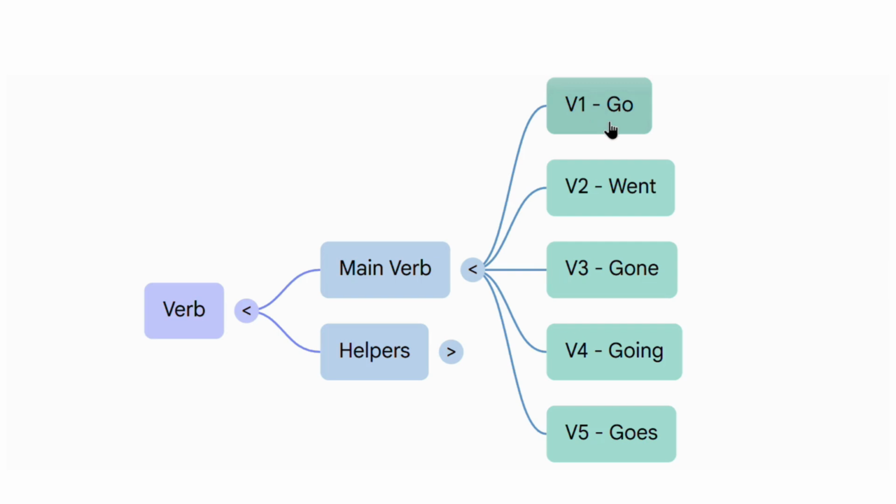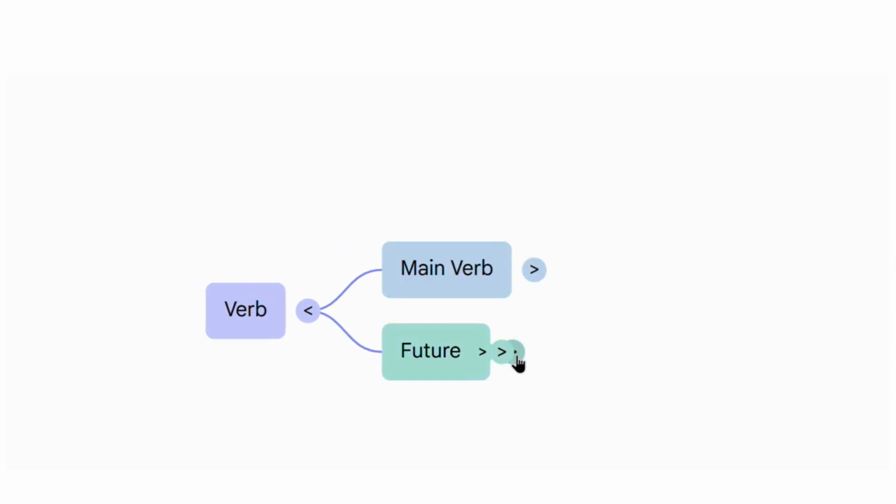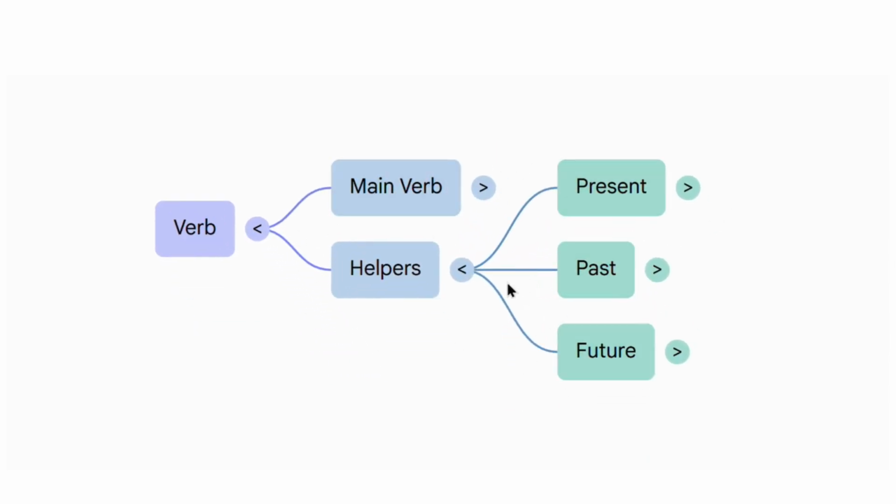All these action words are called main verbs, but we have them in different forms based on when that action has happened. For example, go. Whenever I do a regular action now, I can easily use go. If I say I went, the action is finished, and if I have already completed this action, we have to go for gone, the V3 form of the verb. So based on the time of an action, we have five different forms of the main verb in English. Apart from the main verbs, we have helpers too.